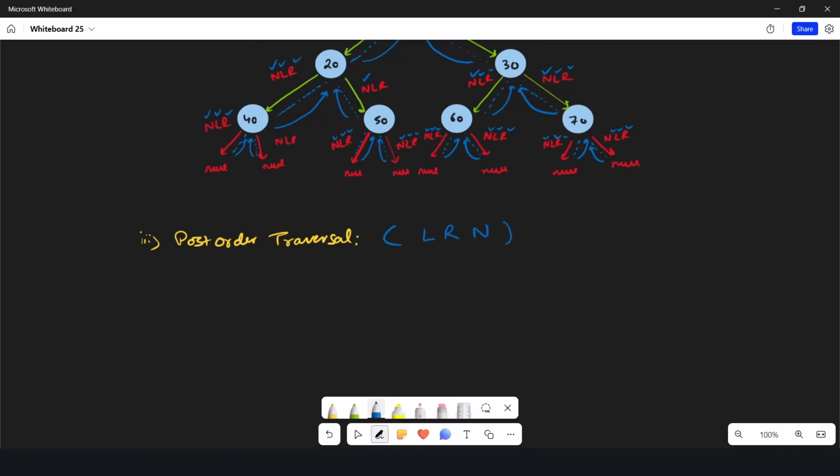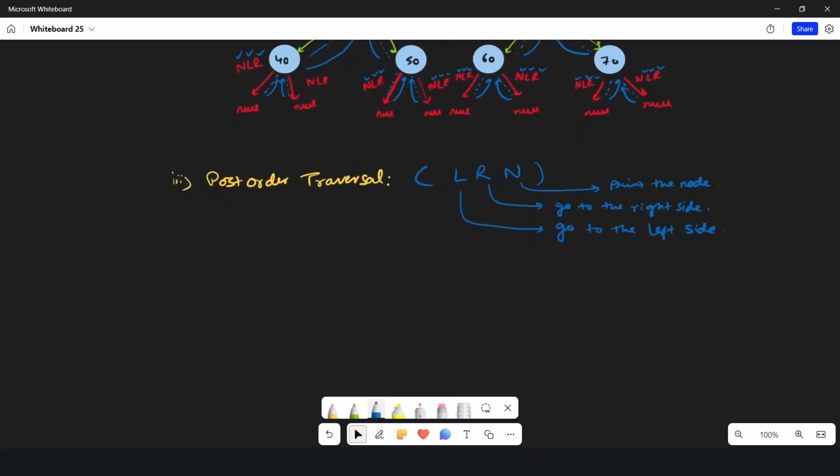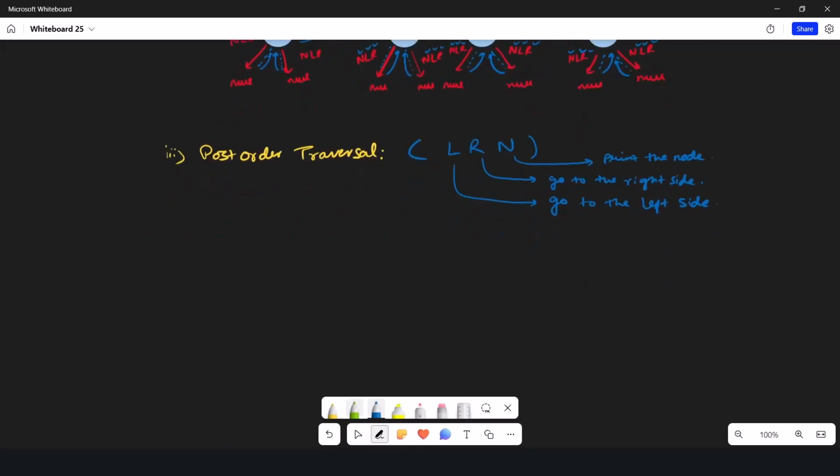Go to the left side, go to the right side, then print the node. All right, so in post-order traversal,